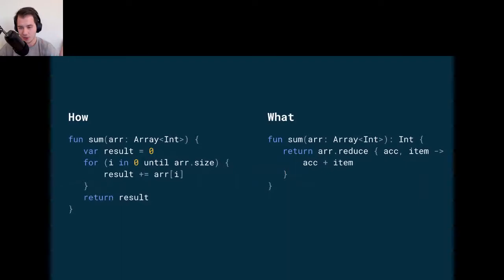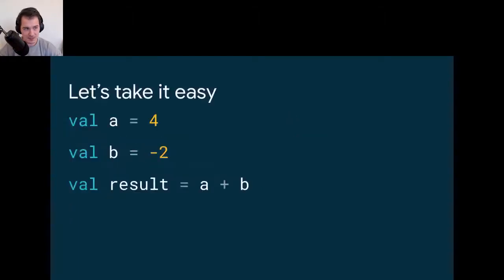In modern Kotlin or Java, this comparison might look something like this. In imperative Java or Kotlin, you have some variable that changes, and then you loop over the array and sum up the items. In declarative, more fancy style, you say, okay, what do you want to do? I want to reduce my list and sum all the items. You don't say how to do it, like loop and sum to some variable somewhere. But that's very sophisticated. It's actually a very complicated example. So let's take something easier.